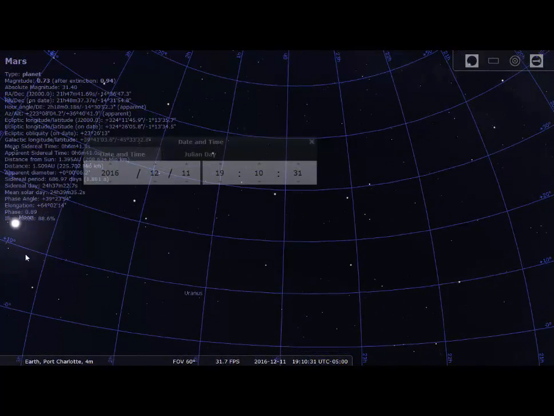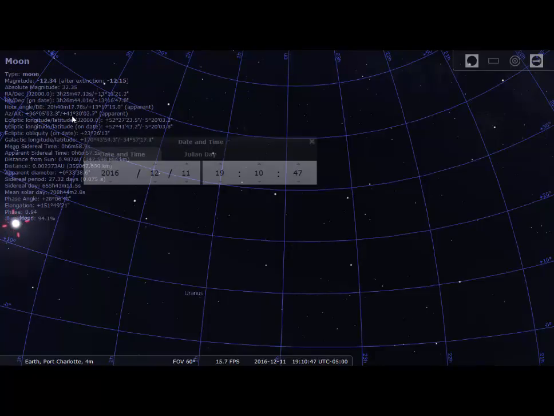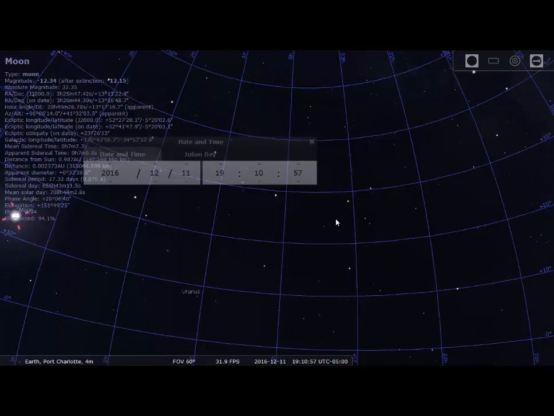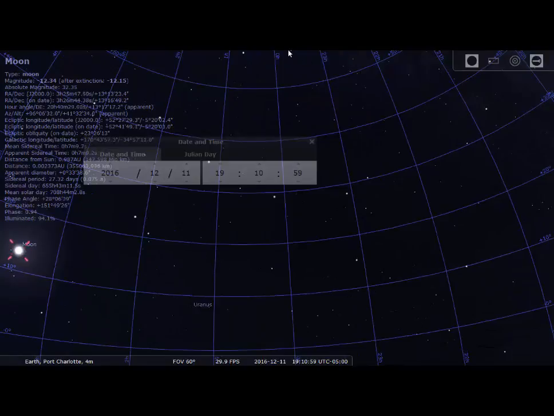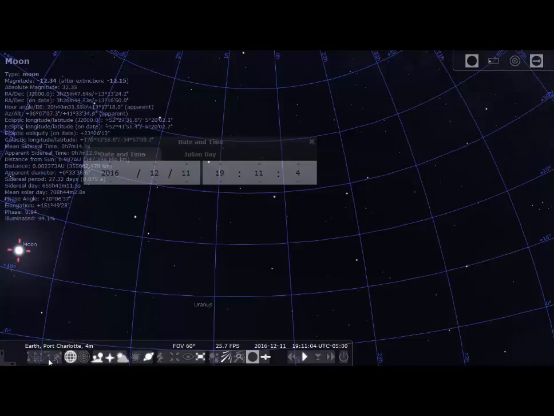But you can see the moon. Let's look at the moon again. What is the declination of, what is the azimuthal? The altitude is 41 degrees and the azimuth is 96 degrees. So if you want to go to the zenith, you have to go all the way up there. Okay,